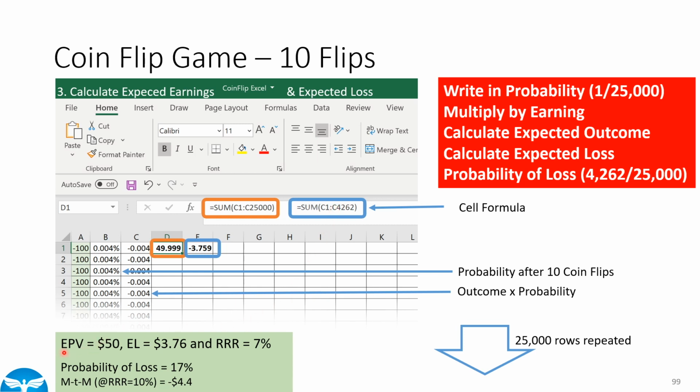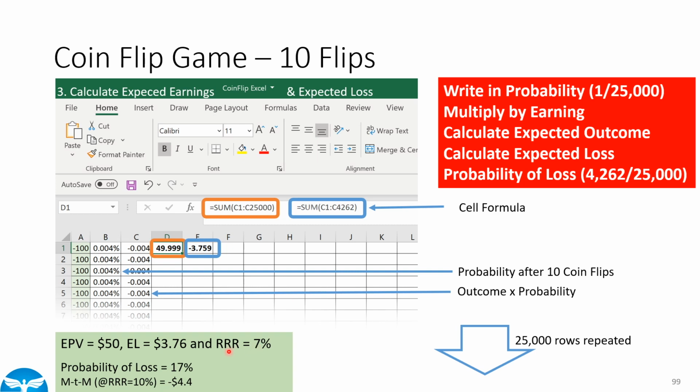So when you do that, you find out that the expected present value is $50. In this case, it was 49.999, and that's because I only have 25,000 rows. And you can keep pressing F9, and you will have a recalculation. Not now, because I copy pasted and hard coded the values. But if you have this sheet live, you will see that this varies a little bit, between 49.5 and 50.5. But if you go on and do a million rows, then you will converge against $50 exactly in most trials. And then the expected loss is 376, and that gives you a risk-reward ratio of 7, which I